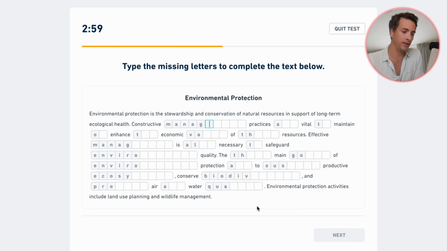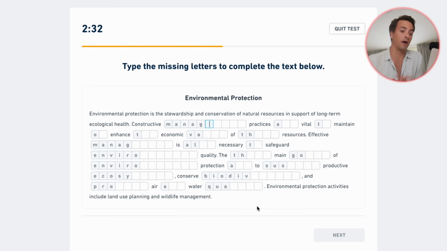All right, this is read and complete. So it's like fill in the blanks, except harder because there are multiple words that are missing letters. And so we'll have to fill in all of those. So what I suggest is just try to get the easy ones first, but don't be afraid to skip a word and keep going, because once you have more of the other words, then you can come back to the difficult ones and use the words you've already filled in to help you.